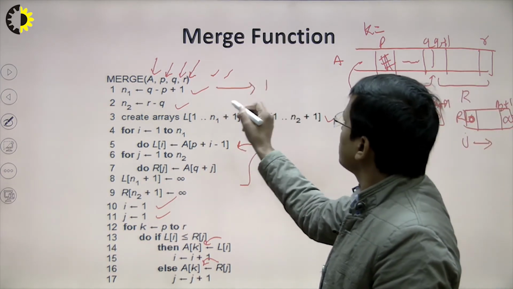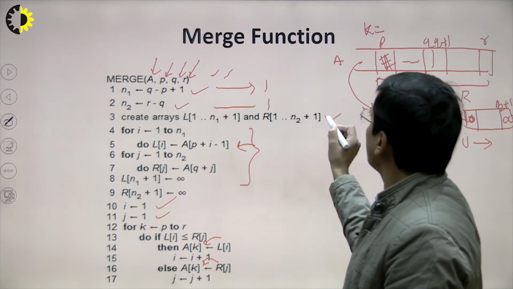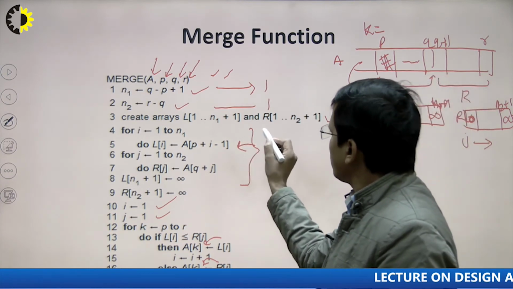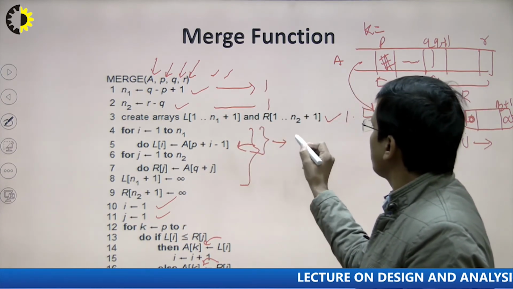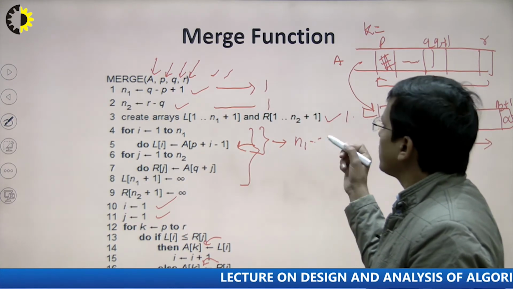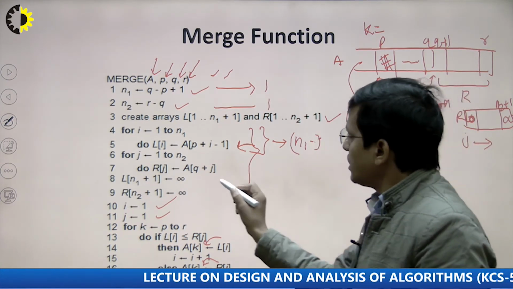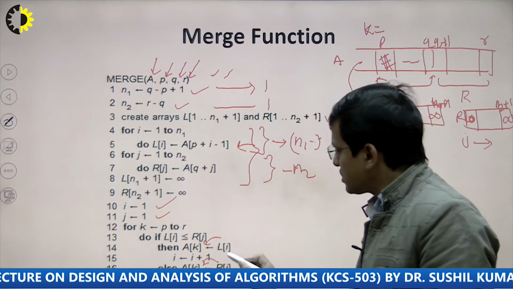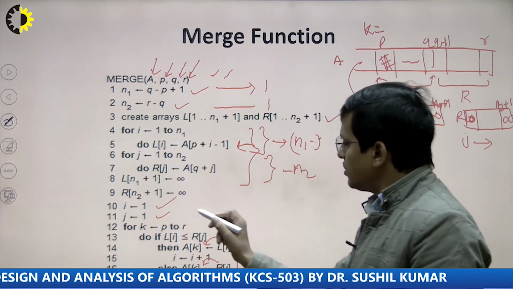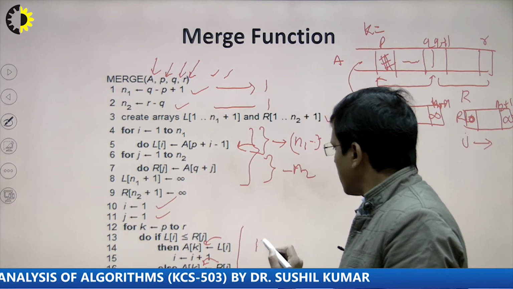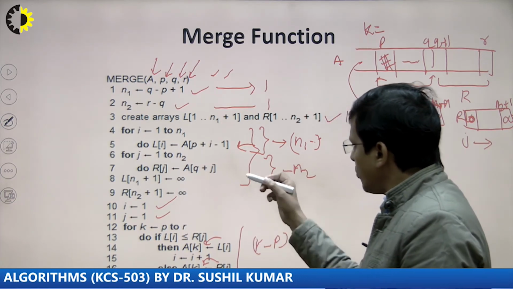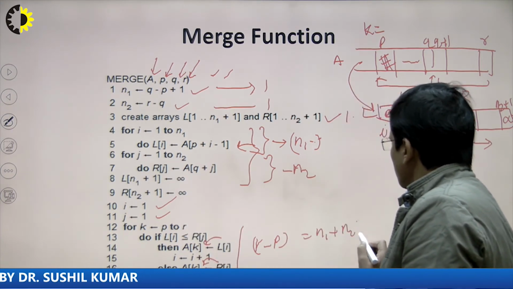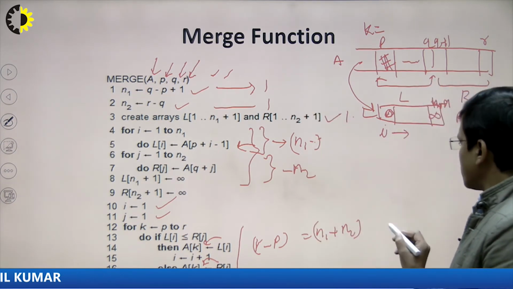So this is constant complexity, this is also constant, this is 0 because this is the comment, something like this, so we can say 1 because this is constant, and this step takes n1 minus 1 times, so you can say n1 times, right? Similarly in this for loop, that is n2 times executing, right? And overall in this case here it is P to R, that is R minus P, right? So that is overall the total number of elements, that is n1 plus n2, right? So this means overall the complexity of this merge sort is basically linear time.